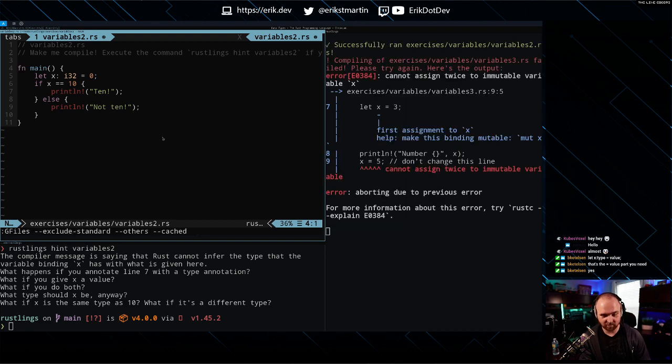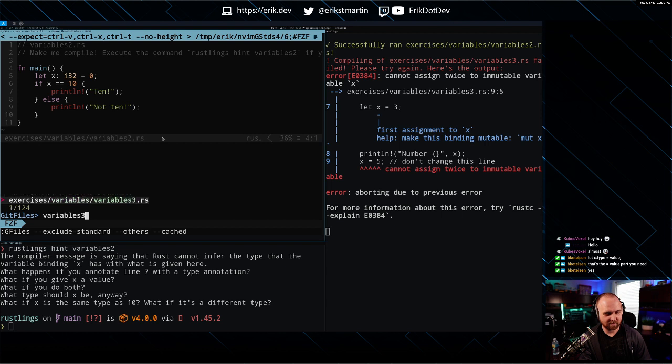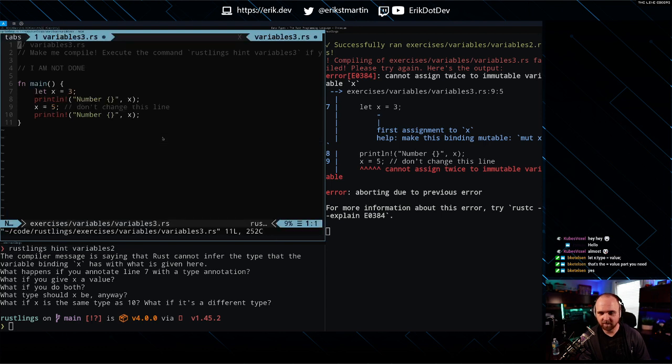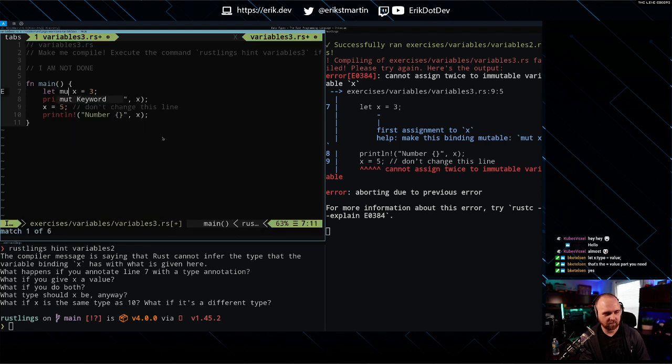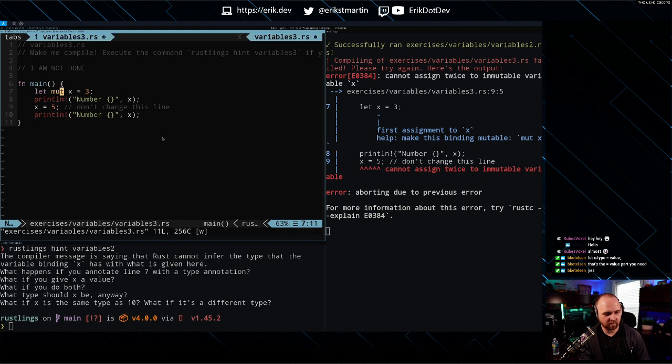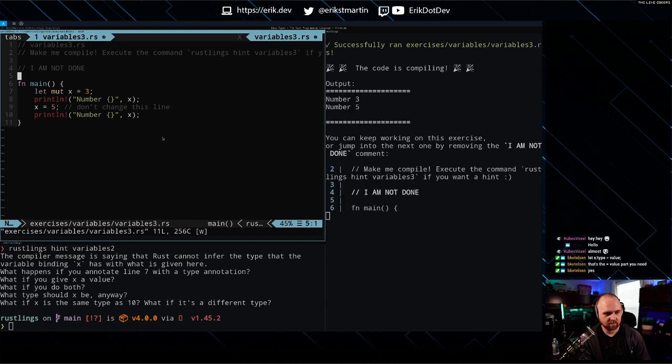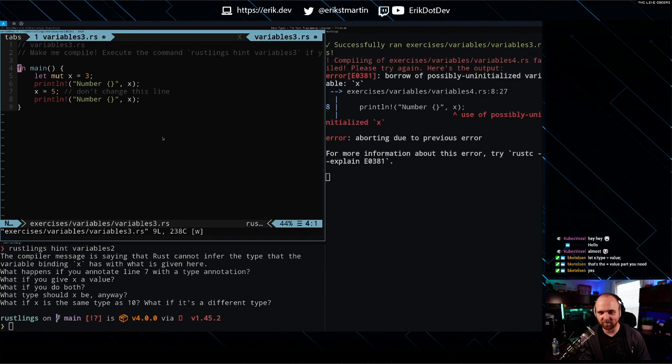Okay, so variables3. Cannot assign twice to immutable variable x. So I know that we can do let mut x = 3. Let's see how fast I can get through these. I'm already fumbling on the area that I thought I would fly through.